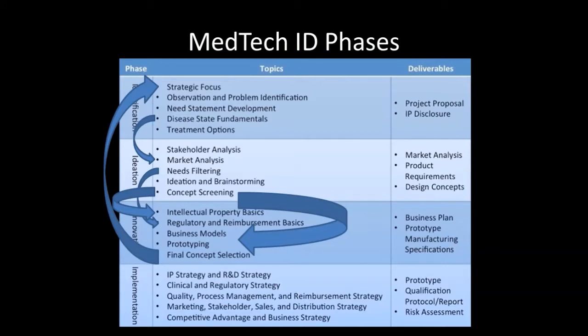So this is the overall schedule of the Medical Technology Innovation and Design course, and I'm going to try to highlight both the waterfall approach and the concurrent approach that's used for this class. You start off with the identification stage at the beginning with strategic focus, observation, and problem identification, and there's other parts. And when you get to disease state fundamentals, when you're trying to understand the definitions of the problems that